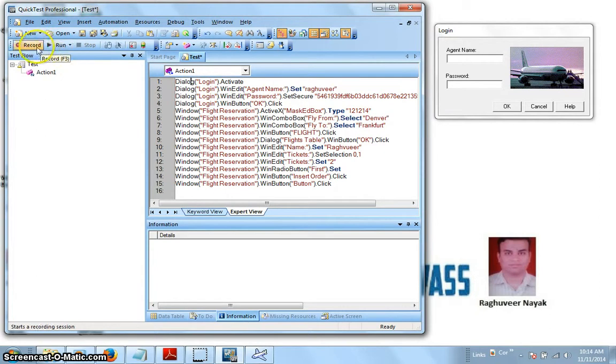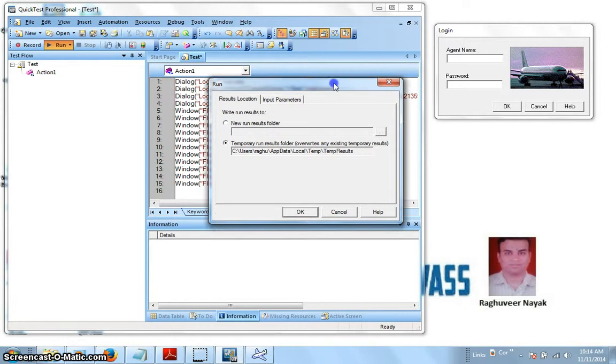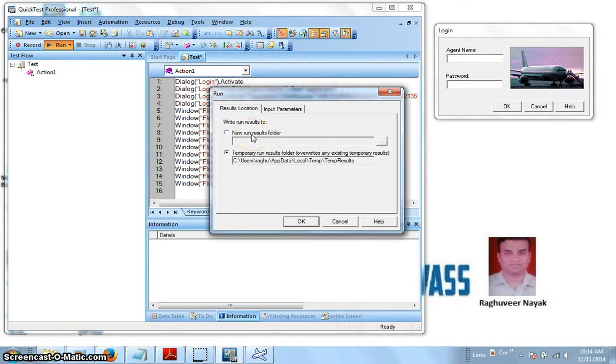I say my recording activity is completely done. I'm stopping and now I'm rerunning my script, to see whether it's in working condition or has some issues. You can call it a dry run. Say run. Now observe. By default, while you run, there are two ways to store your result set: in a specific folder, or as a temporary run. So just say okay.